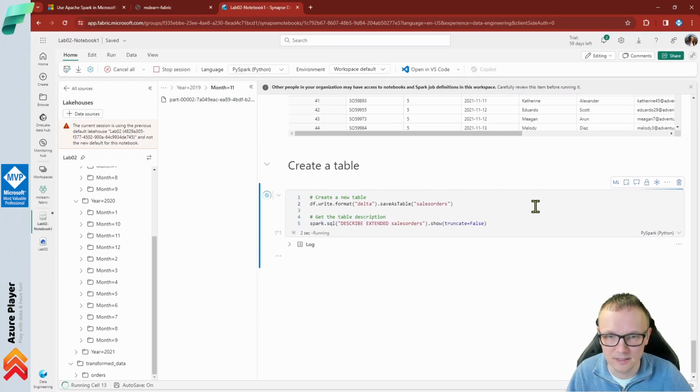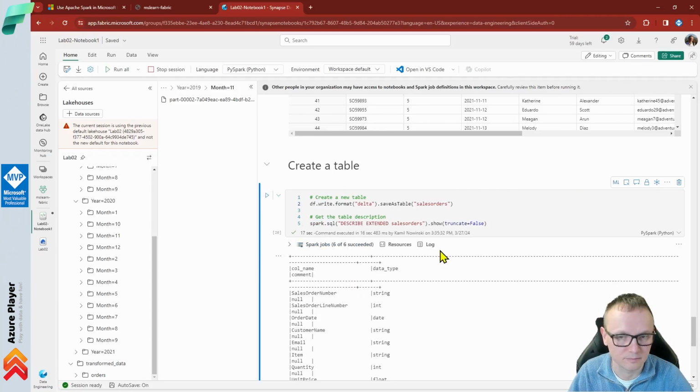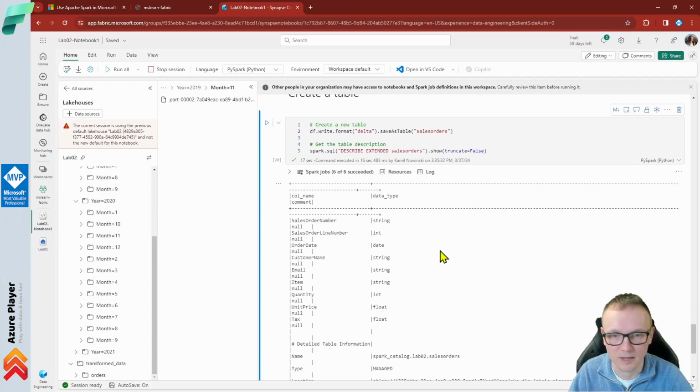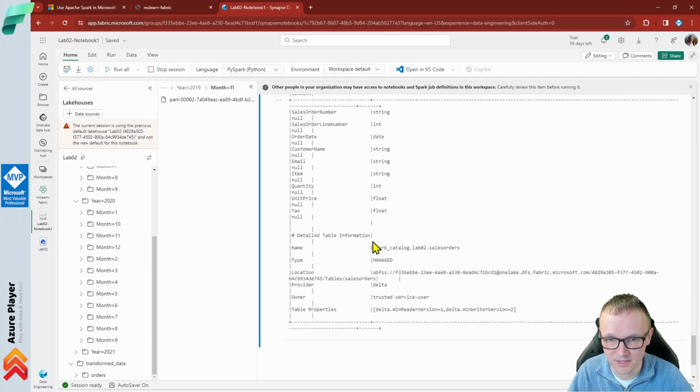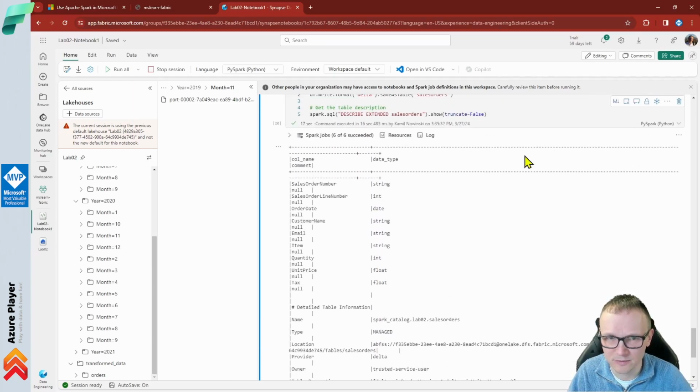So let's see what will happen now. Okay, we have data saved as a table, sales orders, and some metadata in a not very consumable way are